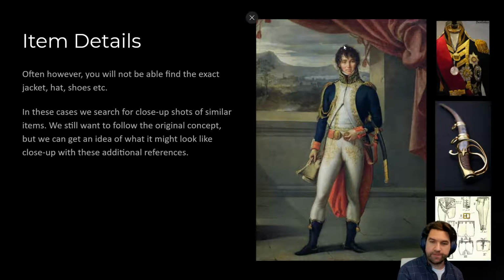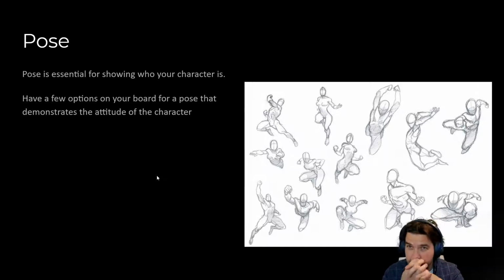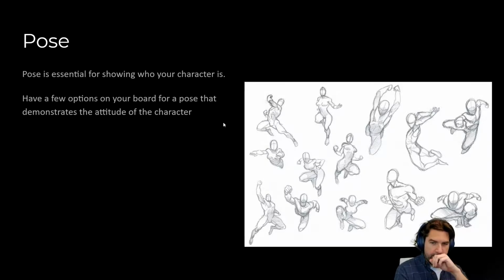We're also going to want to collect some images of poses, poses that feel like the character's mood or attitude. Some of these concepts include poses already, but you might want to add more, search out more, or take some photos of yourself posing in different ways that is going to express who the character is. Something like this is going to have a different feeling from a character than something like this superhero flying pose. So we kind of got more of a Spider-Man and more of a Superman. You can just see based on the dynamics of that pose.